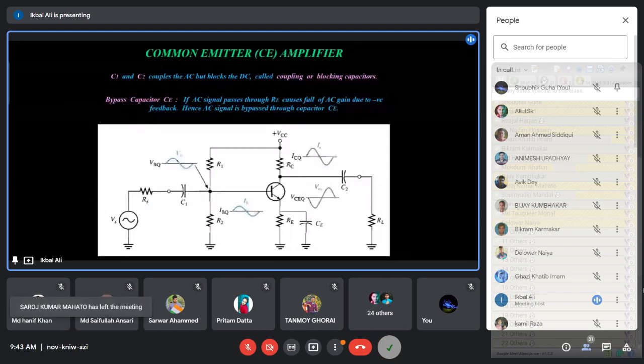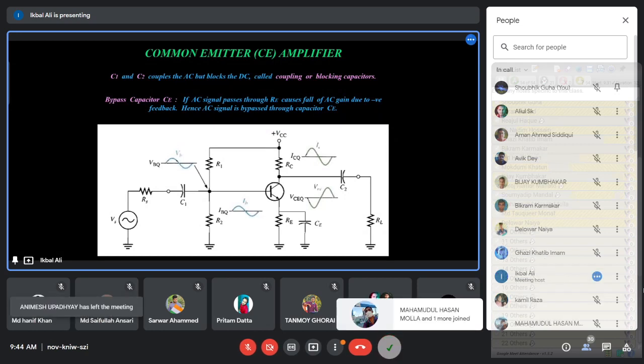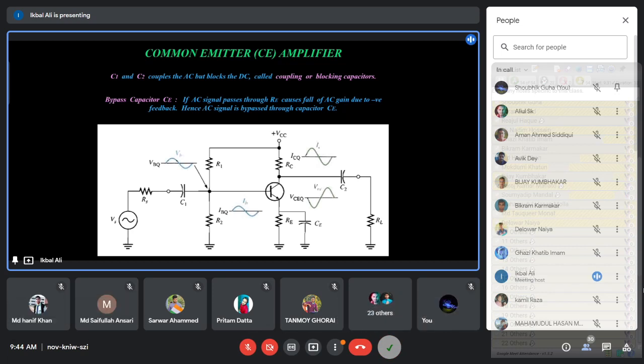If the amplifier circuit's output impedance is not the same as that of the load connected, then maximum power will not be delivered by the amplifier to the load. So there will be a problem. For this reason, you can apply sufficient maximum AC power to the amplifier, and you can get maximum AC power to the load. So you require the input impedance, output impedance, as well as the gain of the amplifier properly.